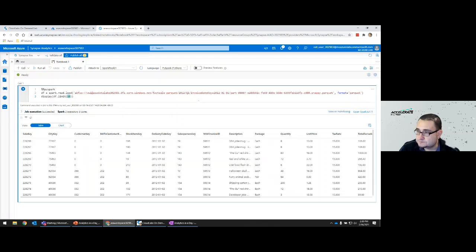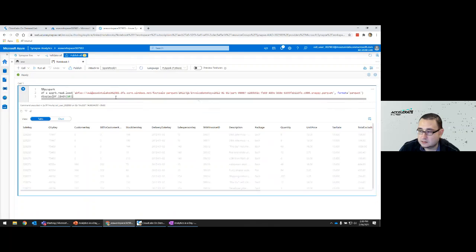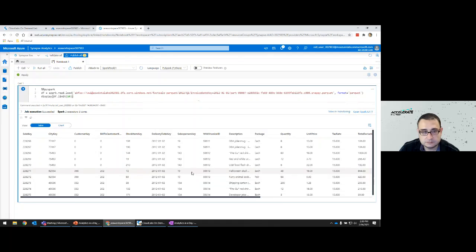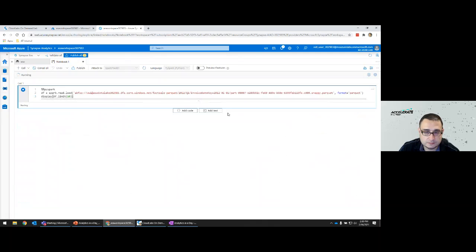Now, this takes a little bit longer, but if I rerun this cell again, it should take a lot less, right? Boom, almost instantaneous, right? And if I run it one more time, it will be even quicker.